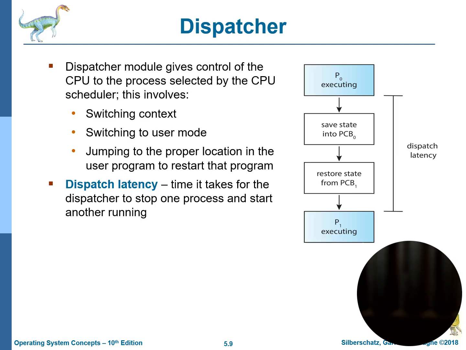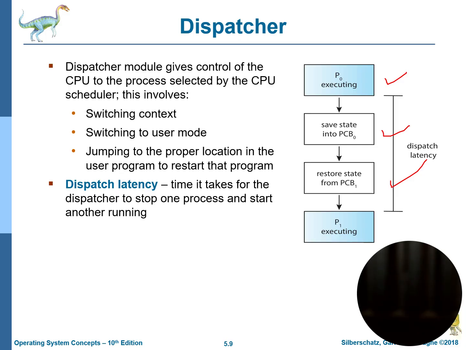Look at an example where process 0 is executing here. Then process 0 is now being saved. This is switching, it means the process of switching the context has started here. Now we restore the context, the process control block, of process B. Here we have been saving the process control block of process A, and here we are restoring the process control block of process B, and then process B is now running. So this is the process of changing from one application or thread to another.